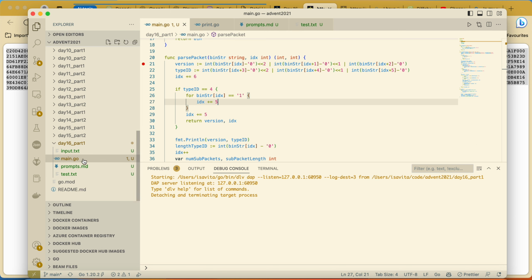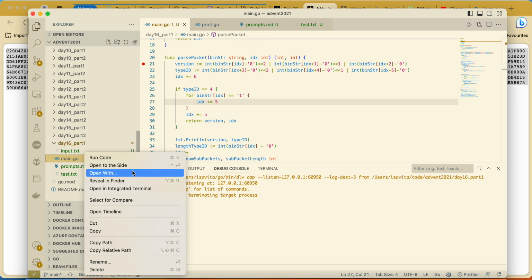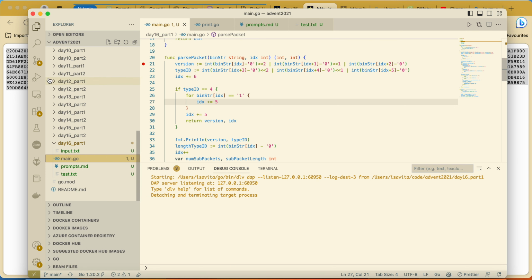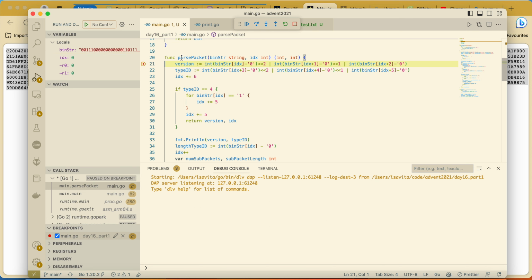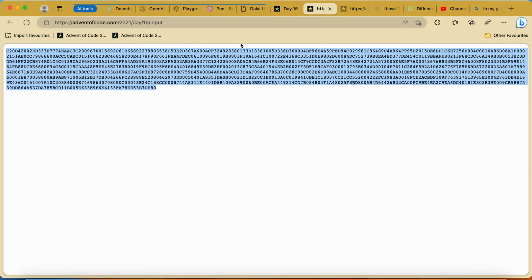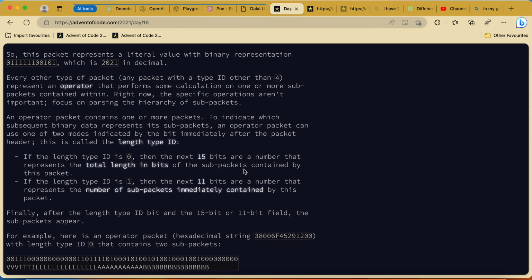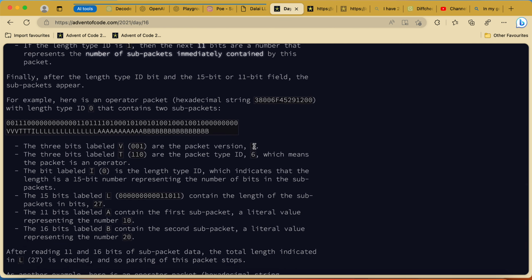And if we run our program, or so to say debug our program, we are here, we are at the beginning, our version is 1, we're fine with that, our type is 6.